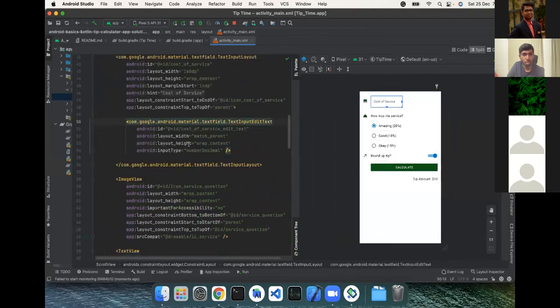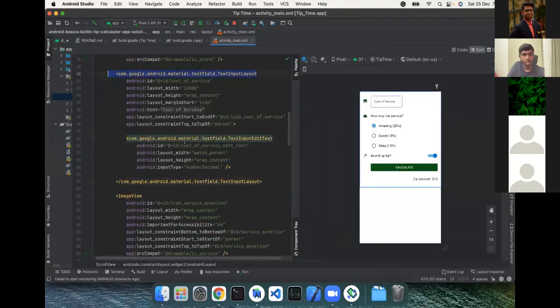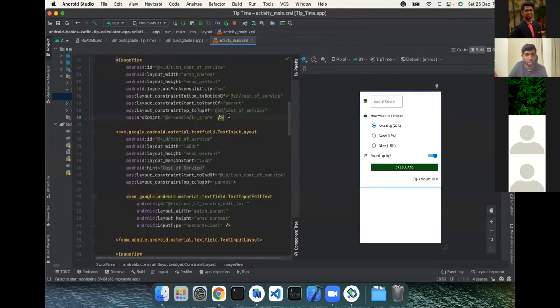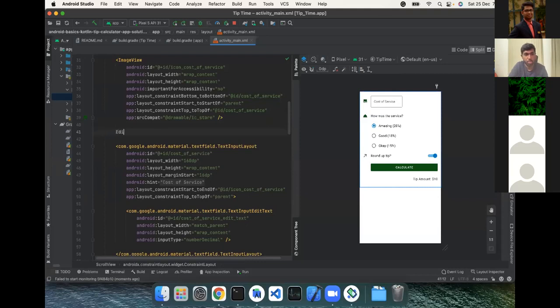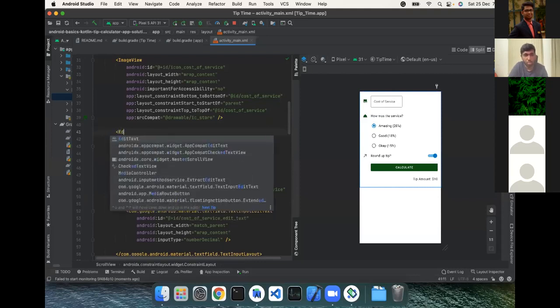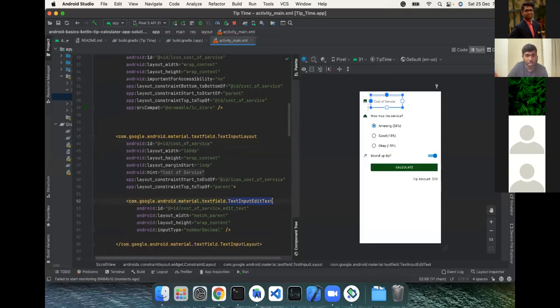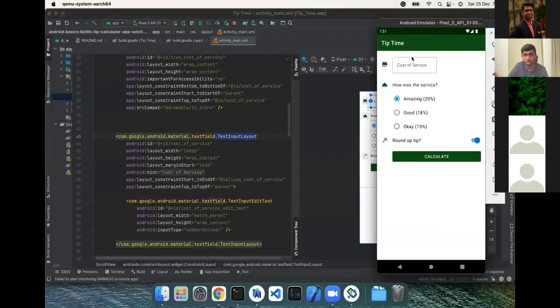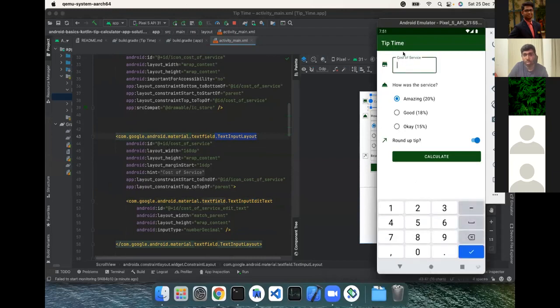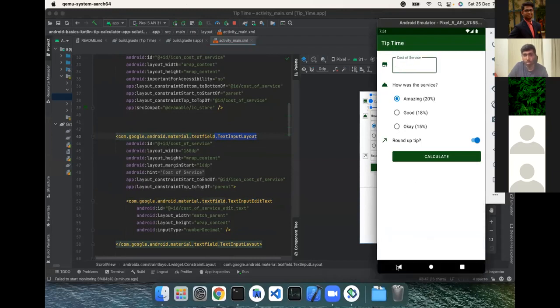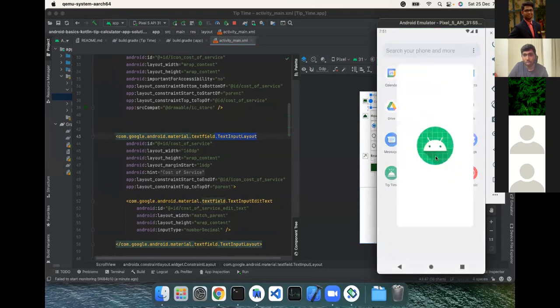You see the first one is the text input layout. It is simply an edit text. By default, when you create a text view, it can be an edit text alone. Edit text is one of the views. But if you want to use material design, you can use text input edit text wrapped with text input layout. Why we have to do it is because when you tap on it, the hint, whatever we have added earlier, will go